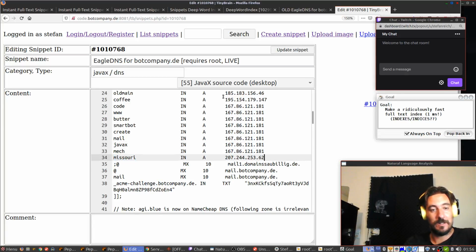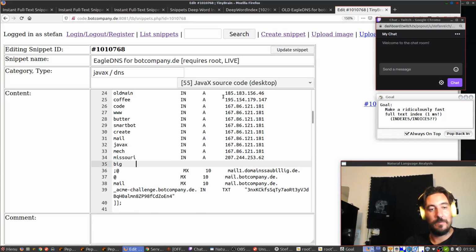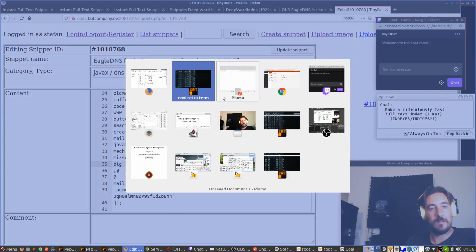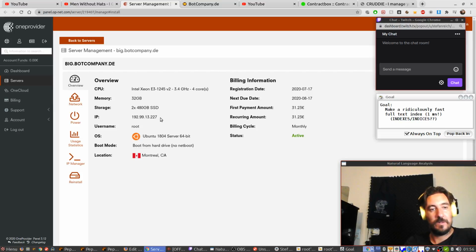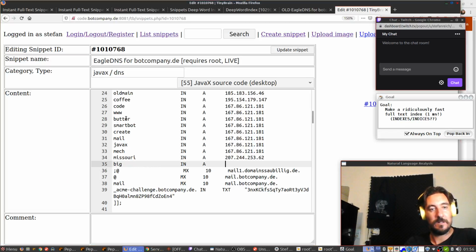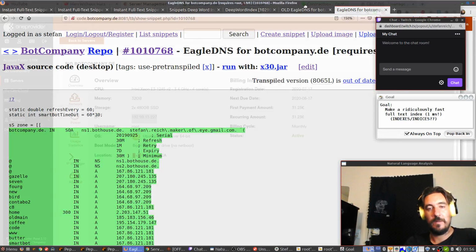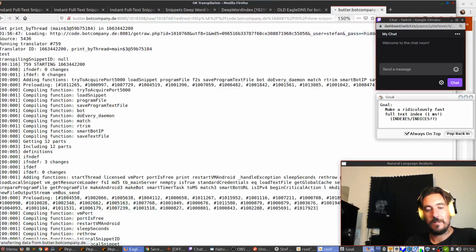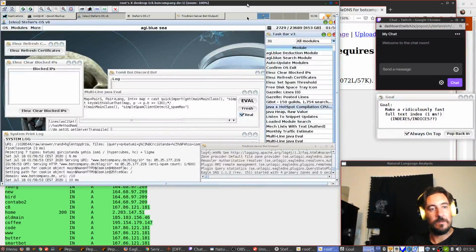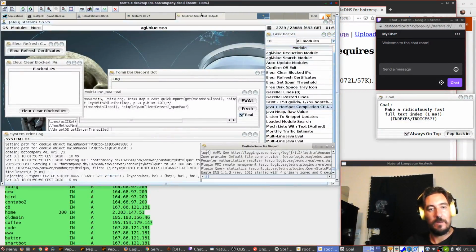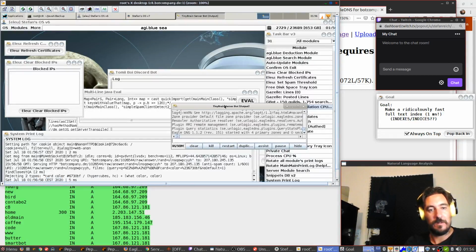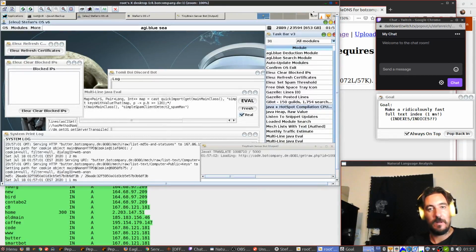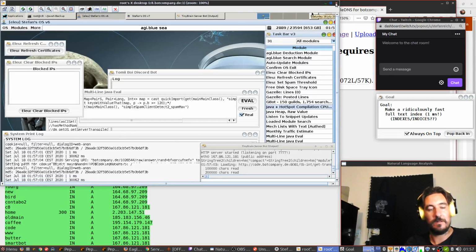This was a new server. And the new server is called big because that's a good word. And we need an IP address. Do we have an IP address? We have an IP address. We put it in here. We have to stupidly manually restart. I should have made this ages ago. I have to restart the server manually. Oops. I think this one's enough. There's a second server, but it doesn't matter.